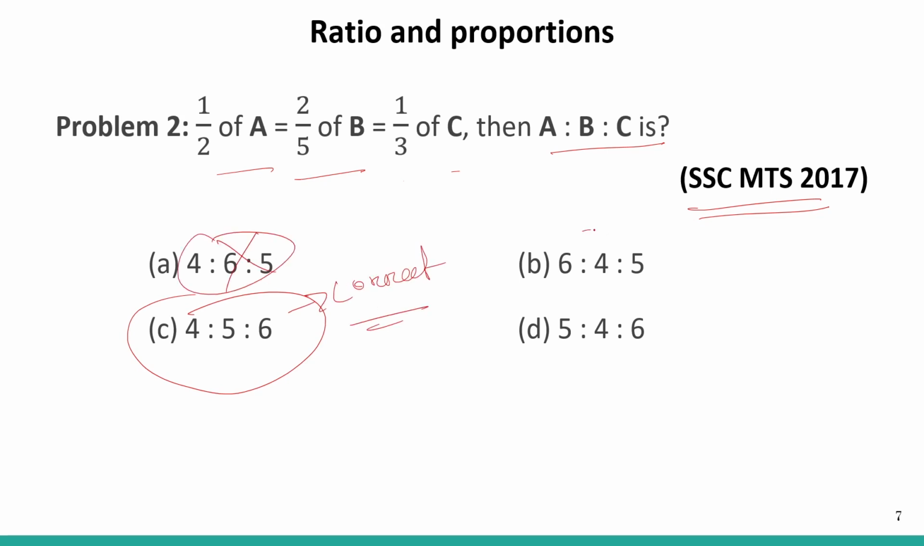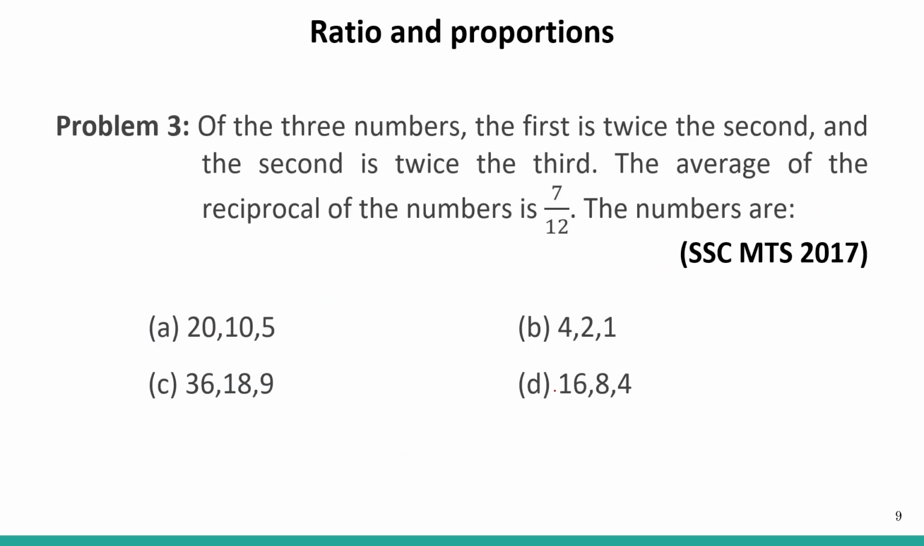This is wrong. Let's proceed with problem number 3. In problem number 3, of the 3 numbers, the first is twice the second and the second is twice the third. Given that you have three numbers x, y and z, of these three numbers the first is twice the second, so x is equal to 2y, and